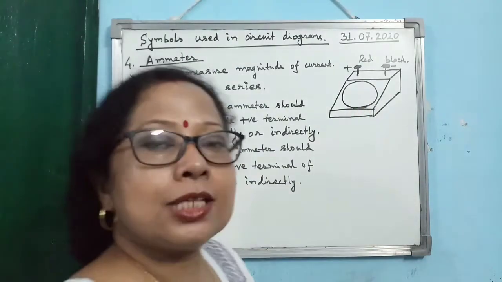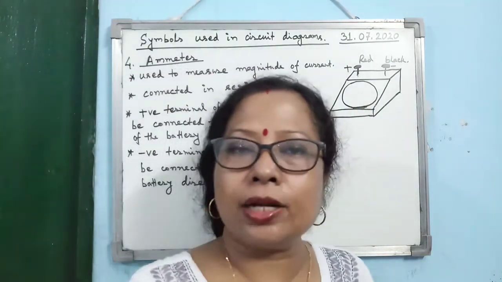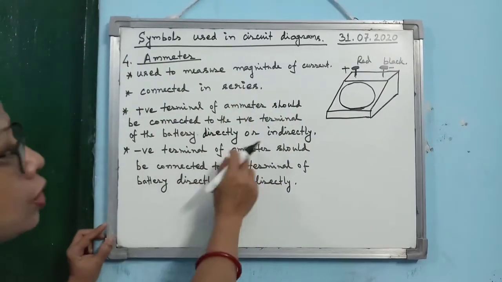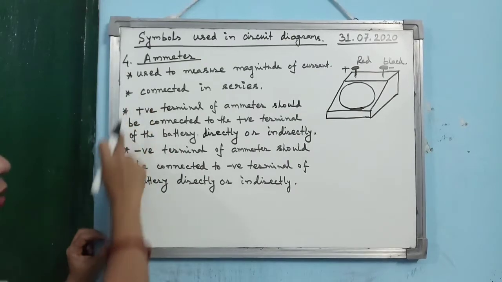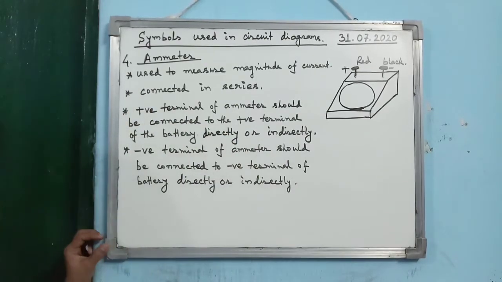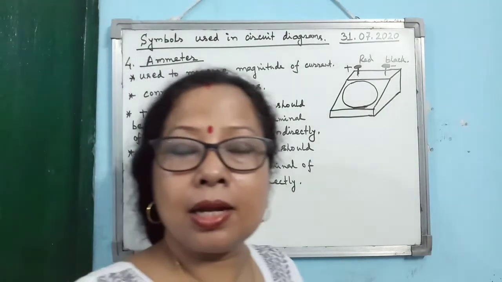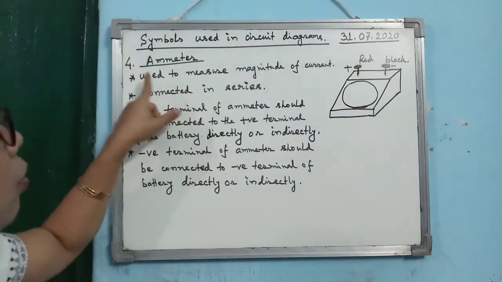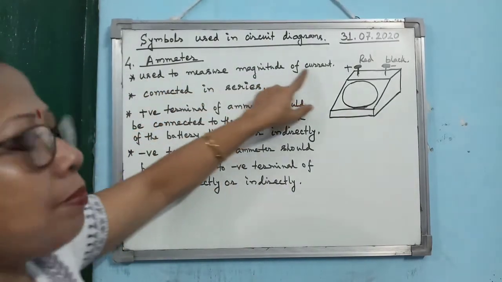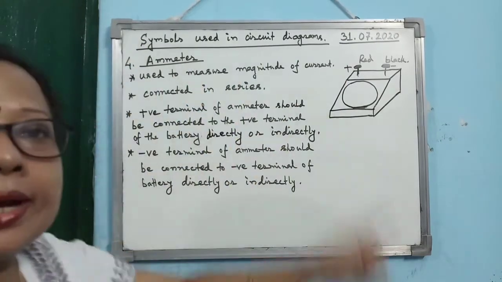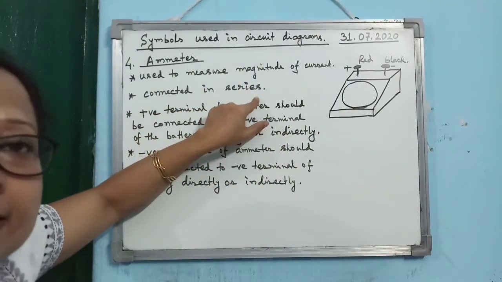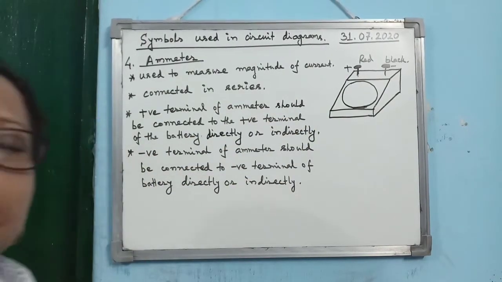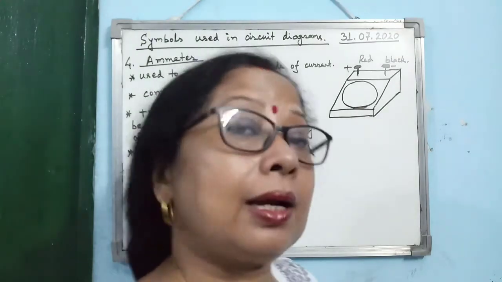Alright. Now, as we know, in an electrical circuit there are two kinds of connections, series and parallel. So, an ammeter is always connected in series. So, here I have mentioned point-wise the important points one should note down, learn, and remember lifelong if you continue in science. Okay, regarding the ammeter. So first one, what is an ammeter? It is used to measure the magnitude of the current. Second, how to connect it? It should be connected in series within the electrical circuit. Then the third and fourth points are very, very important while doing any practical. Okay.